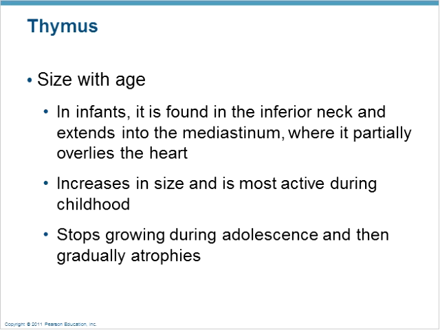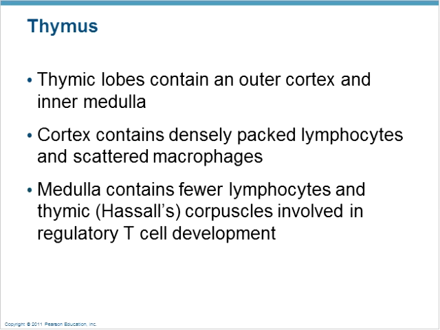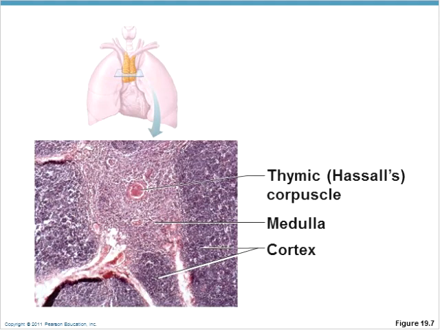In infants, it's found in the inferior neck and extends into the mediastinum, where it partially overlies the heart. It increases in size and is most active during childhood, but ultimately it stops growing during adolescence, then it gradually atrophies and is usually pretty much gone by the second decade of life. The thymic lobes contain an outer cortex and inner medulla, and the cortex contains densely packed lymphocytes and scattered macrophages. The medulla contains fewer lymphocytes, and the thymic Hassall's corpuscles are involved in the regulatory T-cell development that we talked about before. And there's the thymic Hassall's corpuscle, there's the medulla, and there's the cortex when we look at the